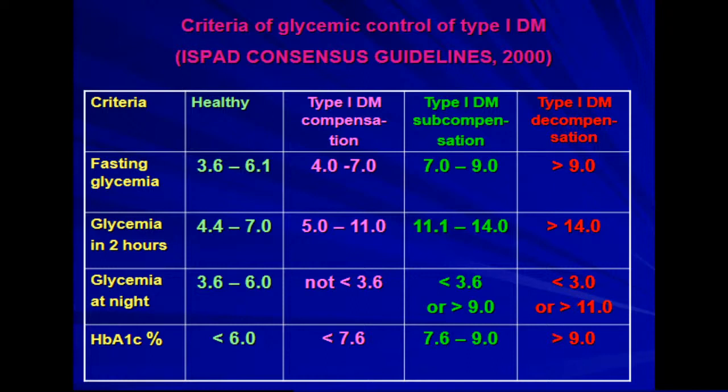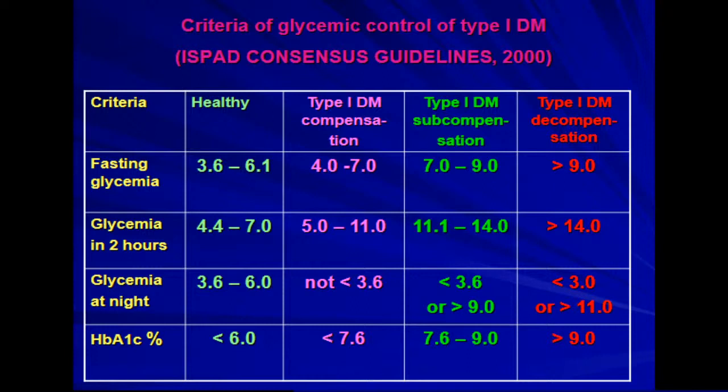Subcompensation stage: fasting glycemia 7 to 9. Glycemia 2 hours after meal 11.1 to 14. Glycemia at night less than 3.6 or more than 9. And glycosylated hemoglobin